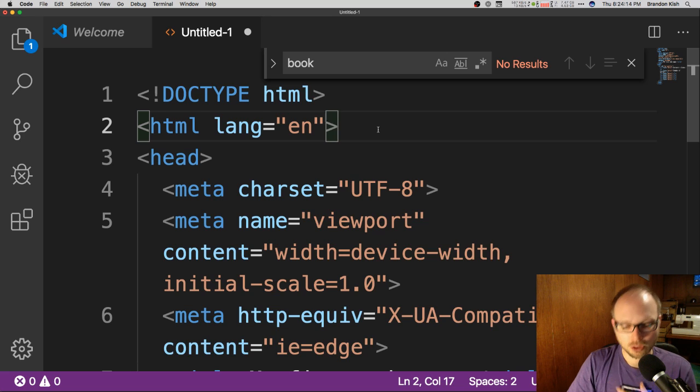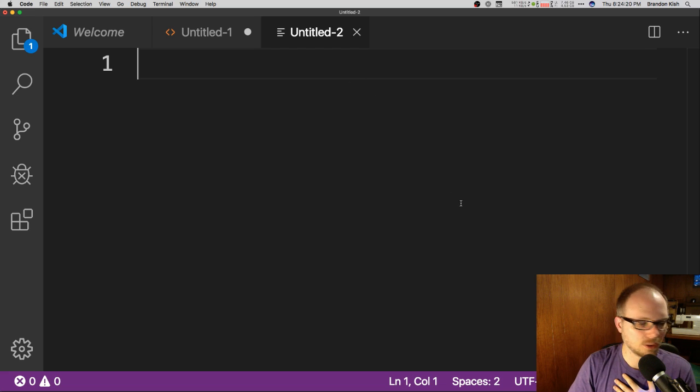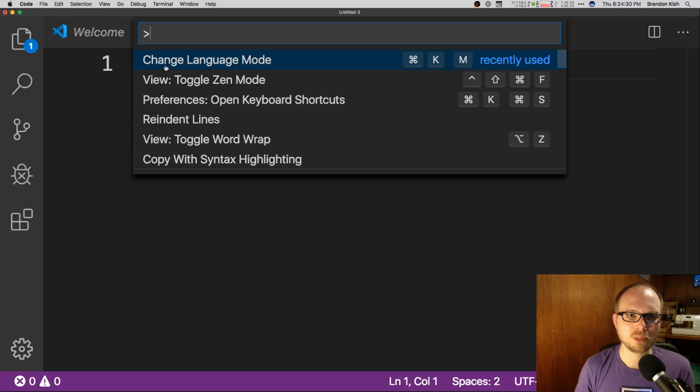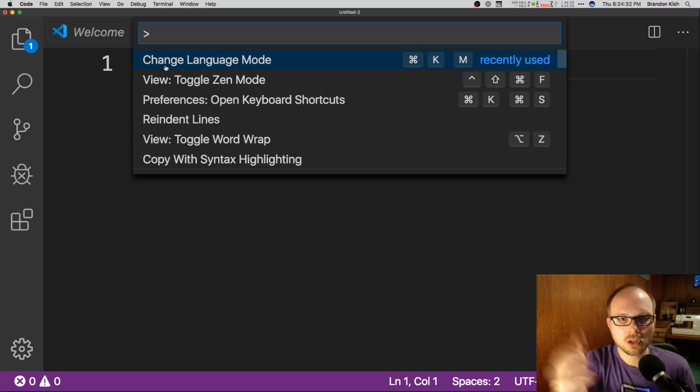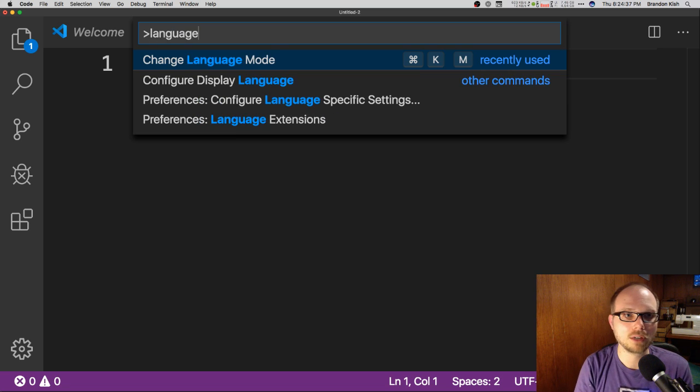So that was Visual Studio, working with an HTML file. Let's add a new file here, and let's work in CSS. Now it's a blank file, so I'd have to go down to the bottom right and change it to CSS. Or someone in the forum already shared that you can open up the command palette with Control-Shift-P or Command-Shift-P on the Mac. Here you can search all the commands available in Visual Studio Code, including my favorite, language.